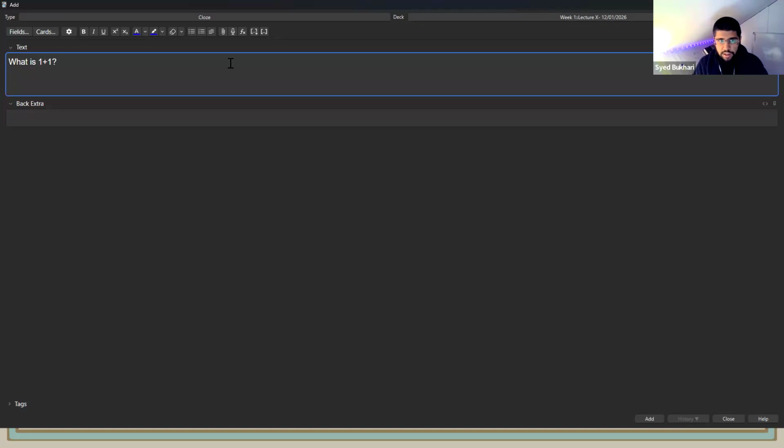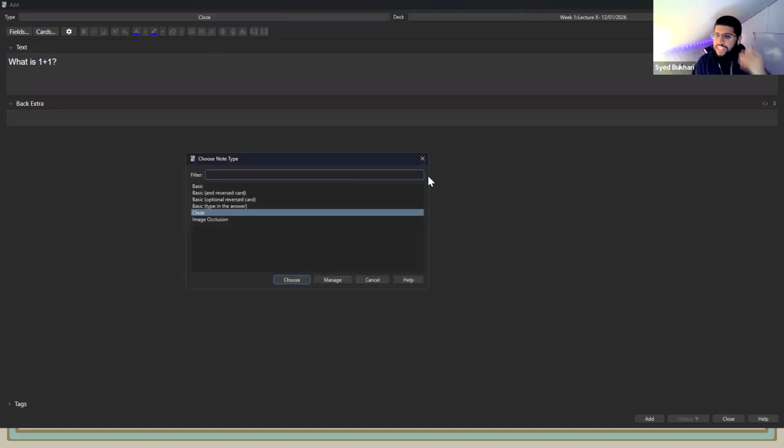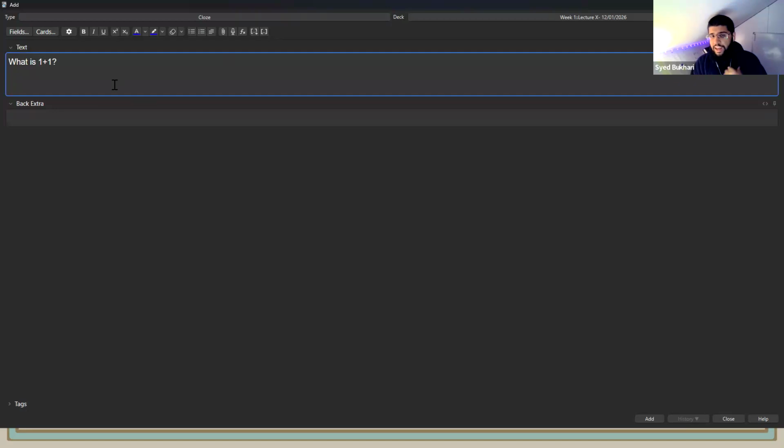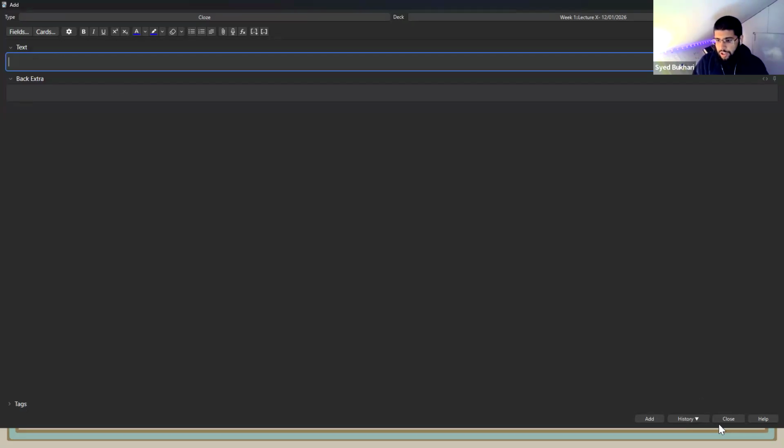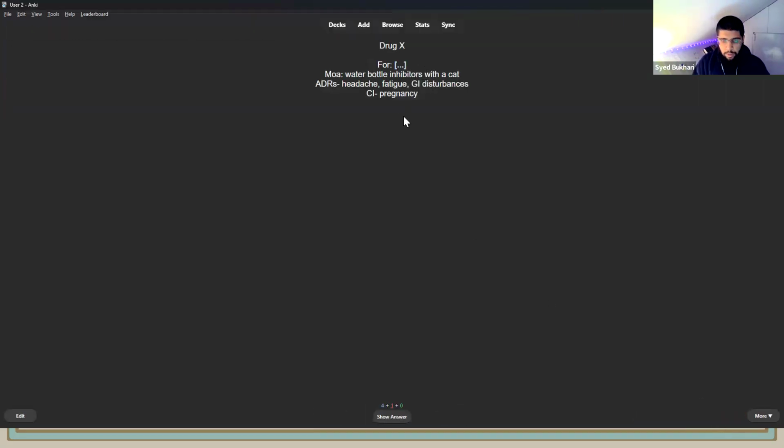Now I want to put the answer. Now, do I go back to basic or can I just keep that consistency? Me personally, I just keep the consistency. Control Shift C, 2. Great. And then I press Control Enter and it automatically adds. So I'll press Control Enter and it's added. Okay. Now if I press Close, now, let's say I go through all the different ones. 1 plus 1. Can you see? There's a consistency in it, rather than you having to switch back to basic, then to Cloze, then to image occlusion. Like I said, this is what I found personally works best for me because I like having the consistency in my studying method.